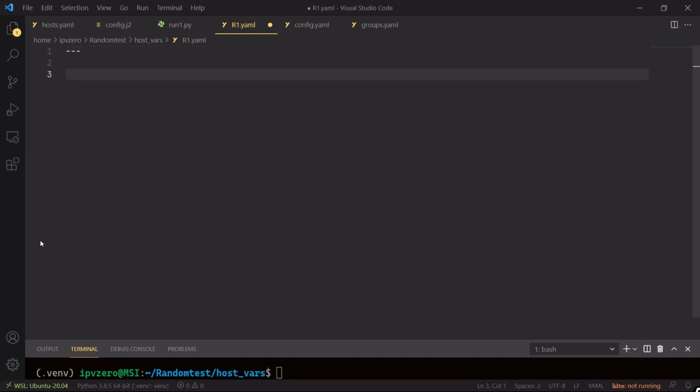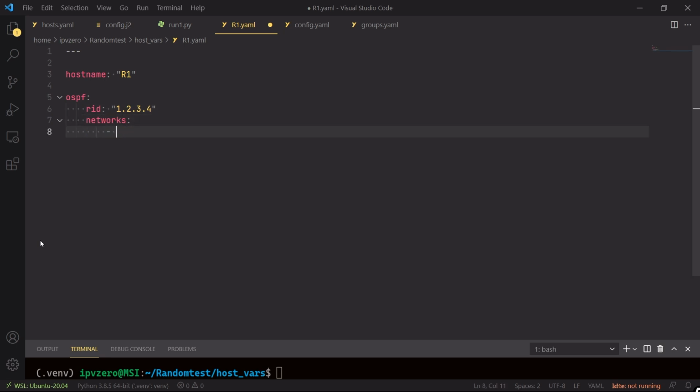And again, typically I would make this much more voluminous. I'd have way more data here, but I'm trying to keep it simple. So I'll just have my host name, and I'll have this as R1. And like I said, I put this OSPF configuration on, so I'll create an OSPF key, and I'll do 1, 2, 3, 4, and I'll go in and create a router ID, and I'll just change it to something different, so 1, 2, 3, 4, and I'll create a networks key for the networks I want to advertise,